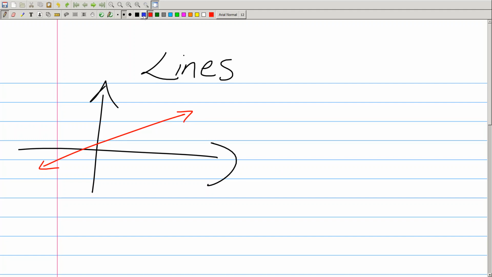Now, these lines have special equations, and the equations come in the form y equals mx plus b. So a line comes in the form y equals mx plus b. Now, what the heck does that even mean? Well,